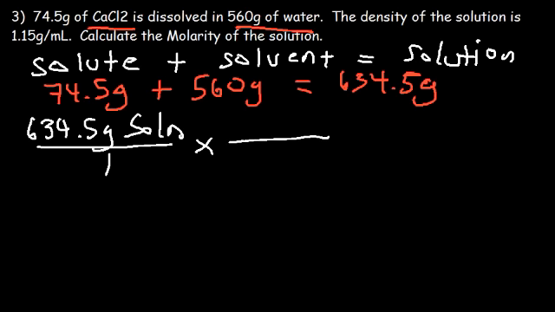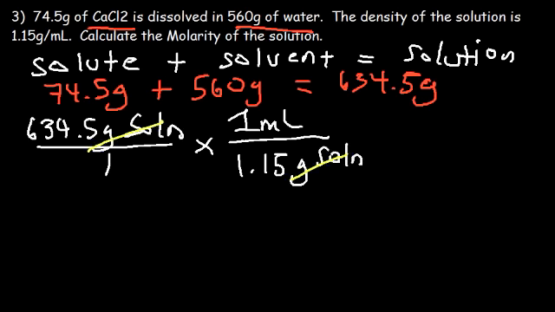That means that there is 1 milliliter of solution for every 1.15 grams of solution. So notice that the units grams of solution cancel. And we need to take it one step further. Let's convert milliliters into liters. Now, for every 1,000 milliliters, there's 1 liter of solution. So 634.5 divided by 1.15, that's about 551.7. And then if you take that and divide it by 1,000, you can get the number of liters, which is